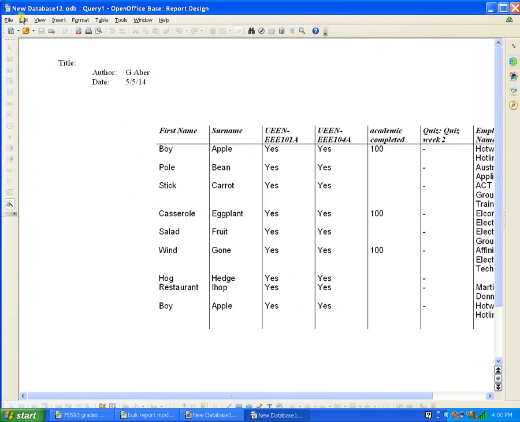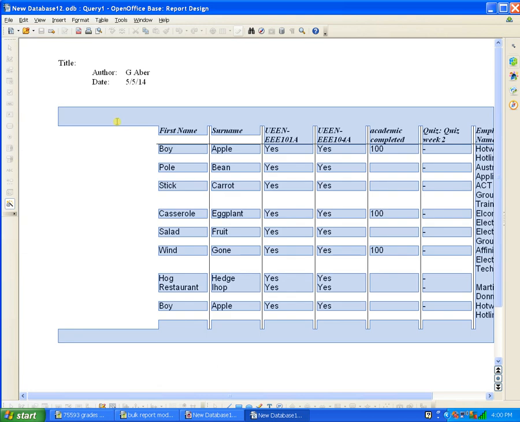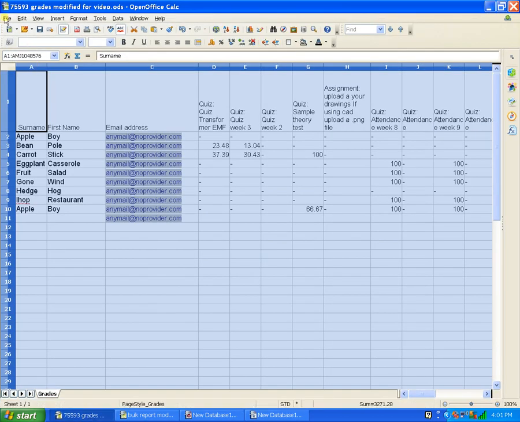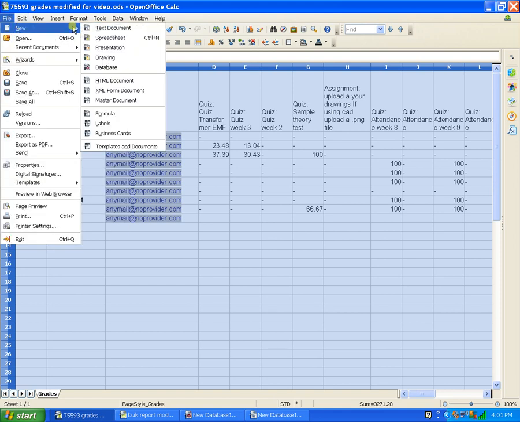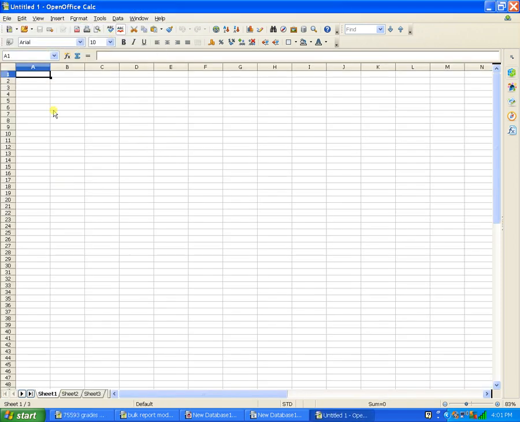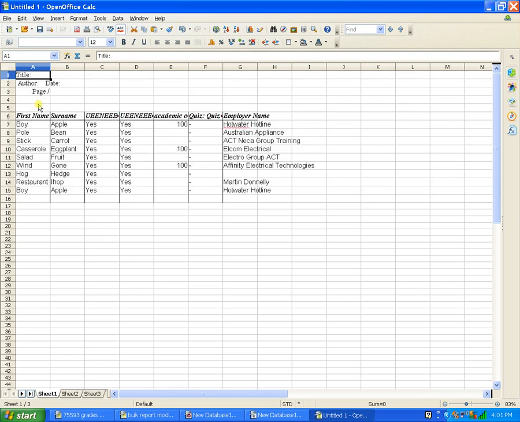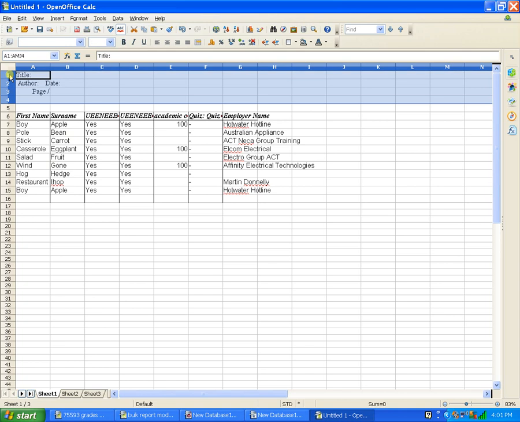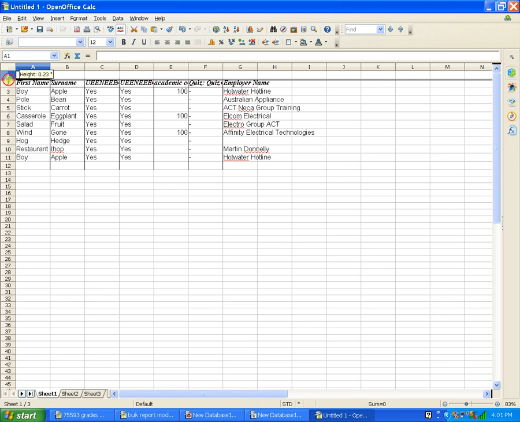And edit. You can print this, but I don't much like the format, so edit, select all, copy. Let's go back and stick it back in a spreadsheet. File, new, and new spreadsheet. Right click, paste, and there we have it. Let's get rid of this. Delete rows, make that bigger,